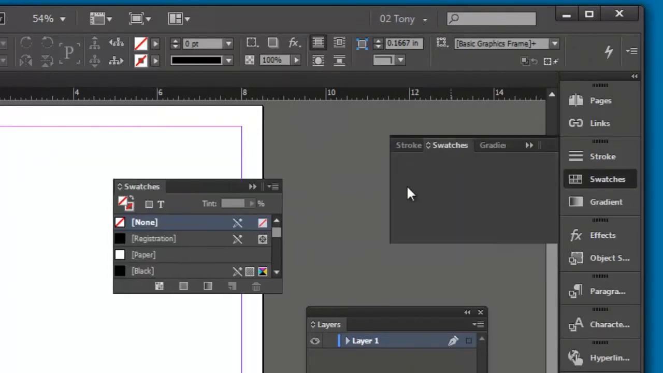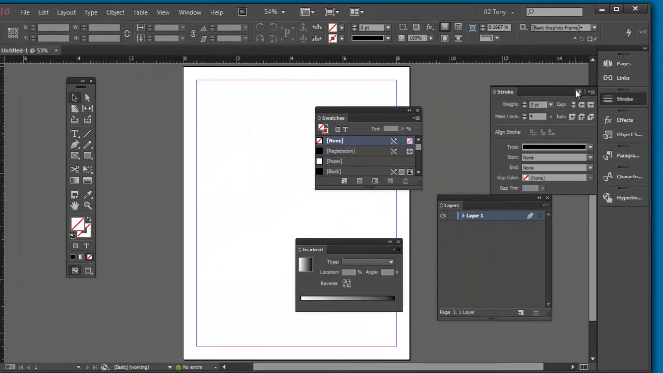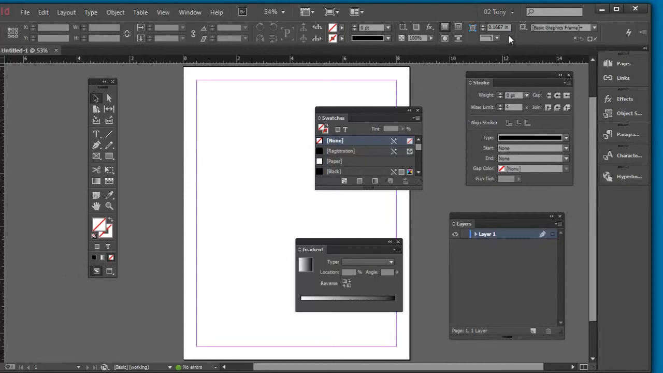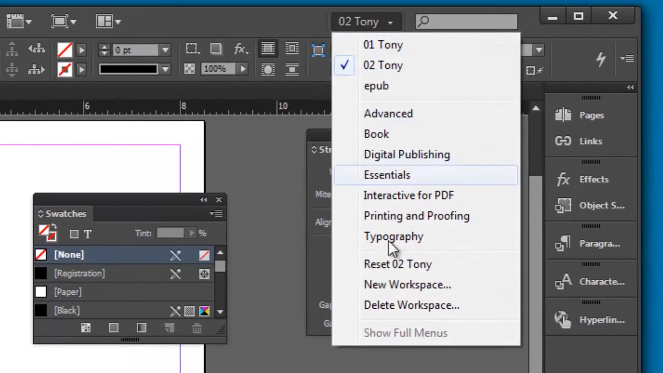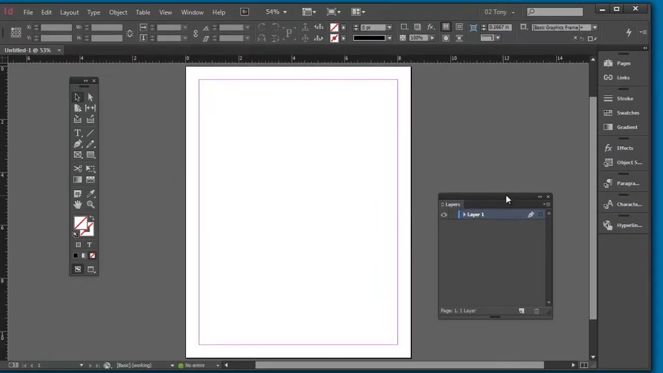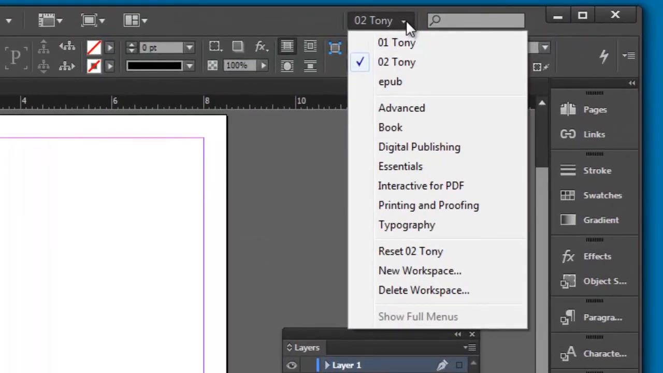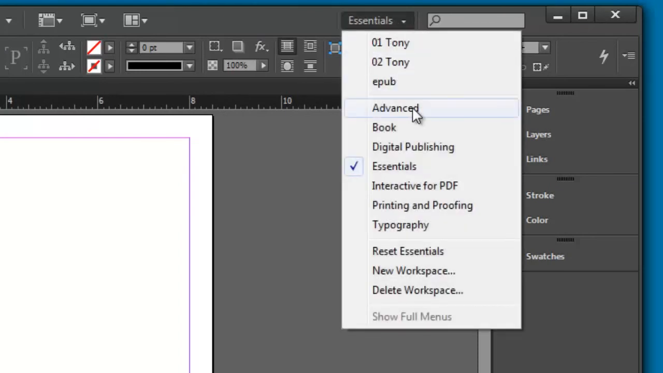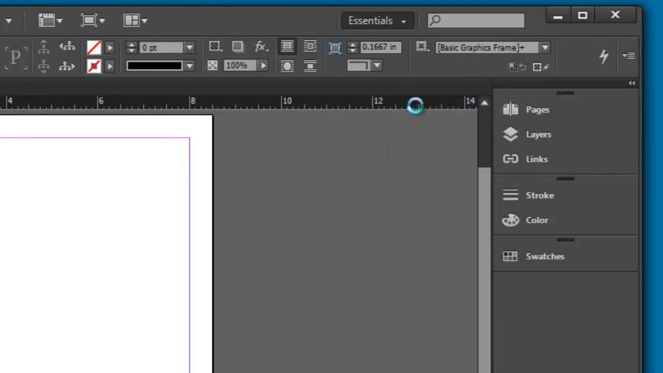And if ever I start to get sloppy and I want to return to the way my panels were when I created this, I can go up here to the drop down arrow and just select Reset Tony. This puts everything back to the way it was when I saved it. You should also check out the other workspaces. Adobe gives you some default workspaces depending on what you're doing at the time. Essentials is very bare. I usually like to start off with Advanced, and then I customize